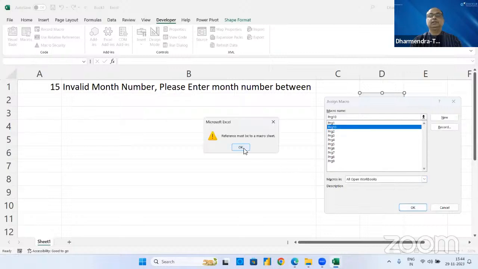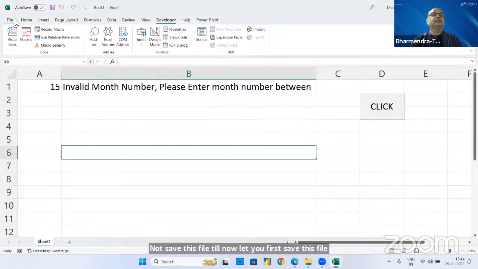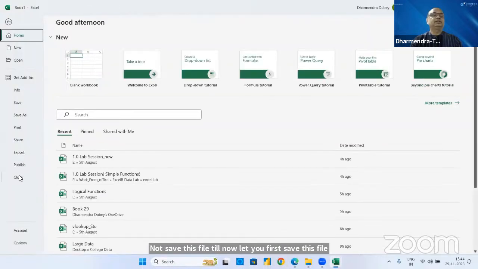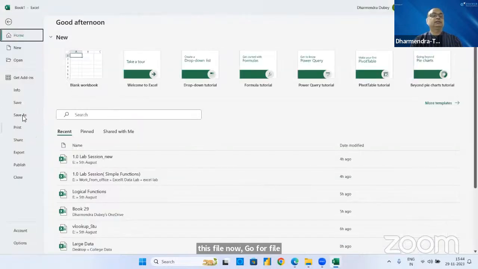I have not saved this file till now. Let me first save this file now. This file will look like an Excel file. See here. If you go for File and Save As,